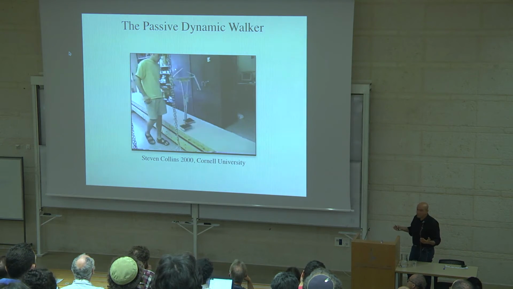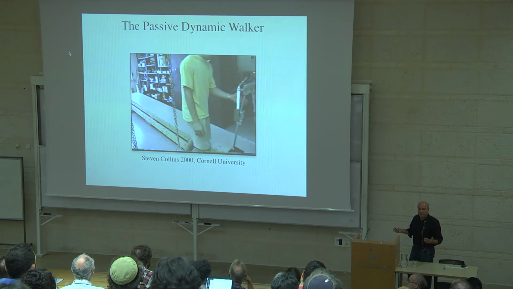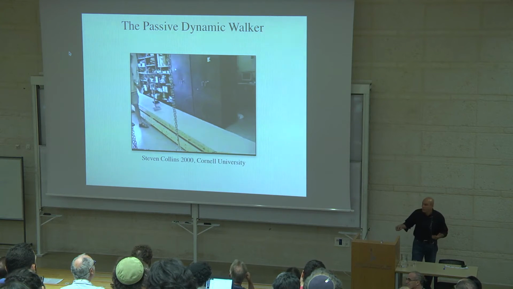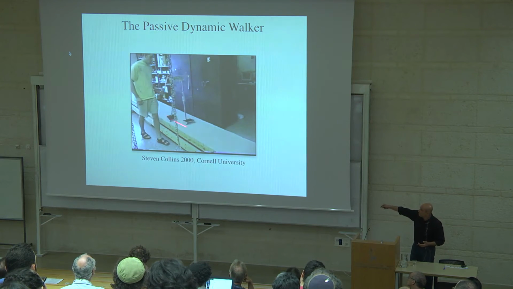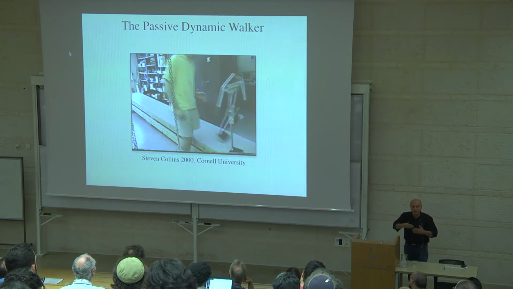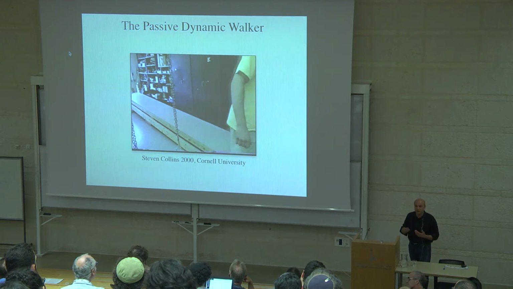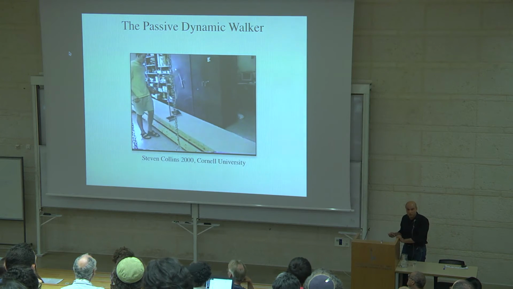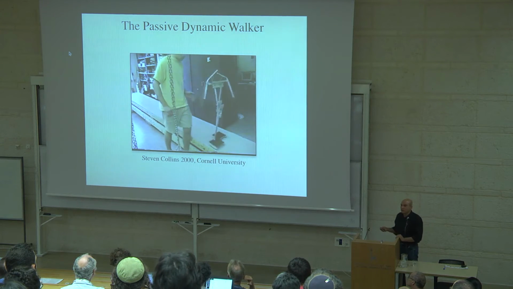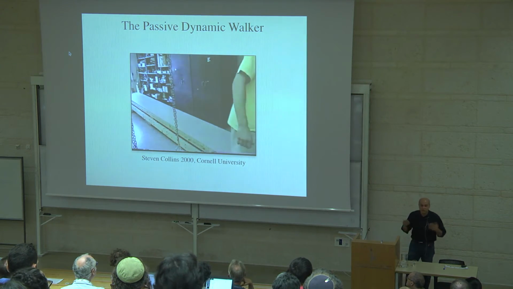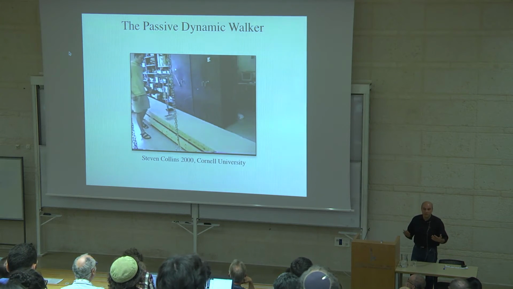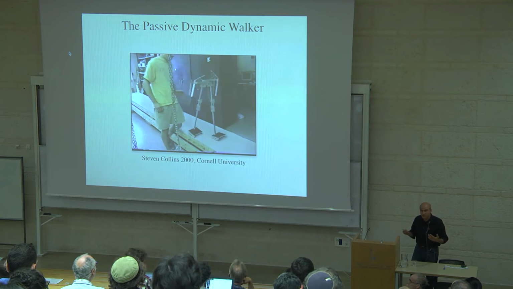So, and this is quite astonishing, even though if you look at it, it's trivial that it's possible. It's basically you have a slope here, and the system is falling all the time, and while it's falling, it's showing this nice walking behavior, but it doesn't have a control. So what does this mean? It obviously doesn't mean that we don't need our brain, but it does mean that it's possible to exploit the properties of your body.